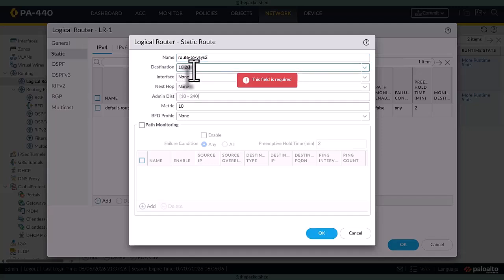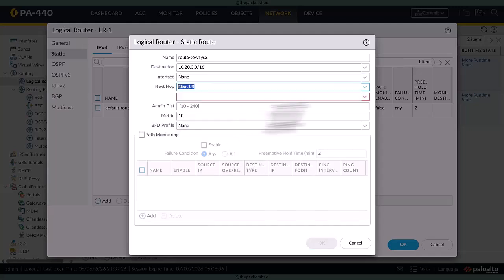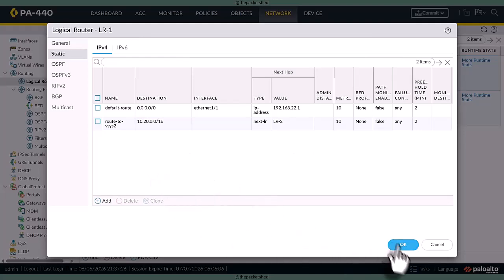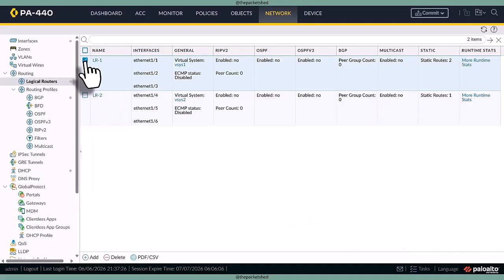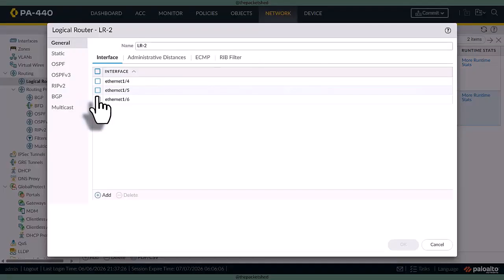It's going to be a 10.20.0.0/16 subnet. Leave the interface blank. Next hop will be next LR, and next hop will be LR2. And we're going to do the opposite just while we're on the virtual systems in here, or on the logical